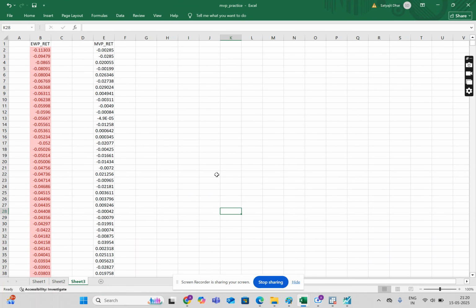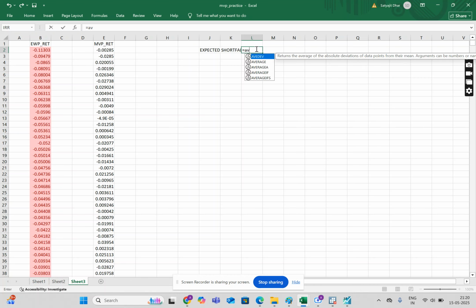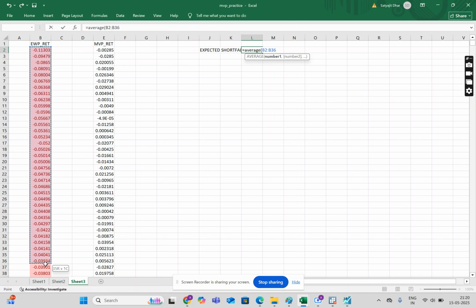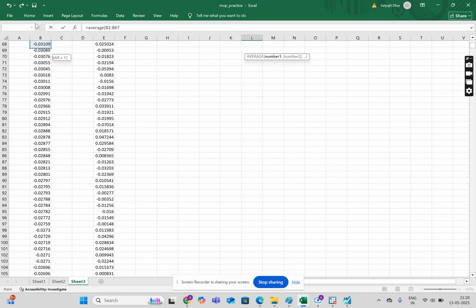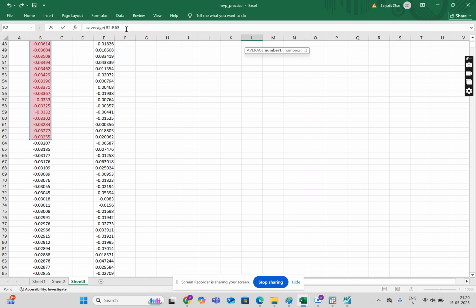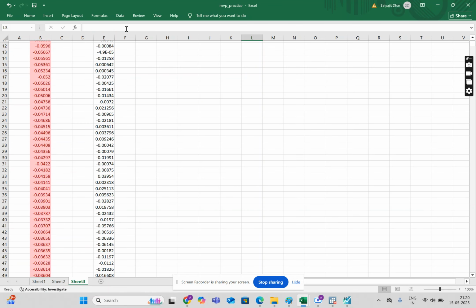So now how can we find the expected shortfall? We write here expected shortfall of EWP. It is very simple. You find the average return of the lower 1% and then multiply it by 100. So you do average of this portion, sorry, average of this much, multiplied by 100, because you are considering that you have invested rupees 100.